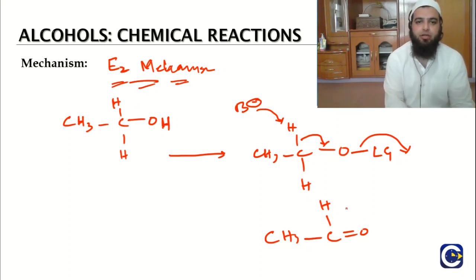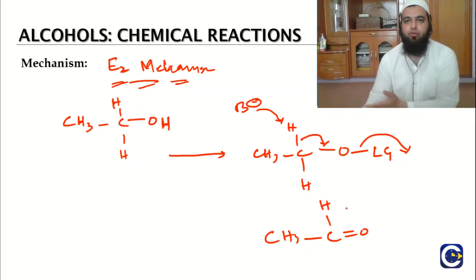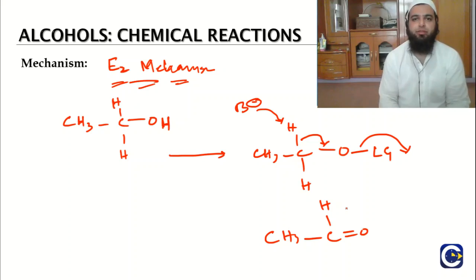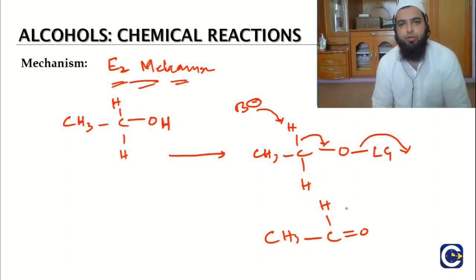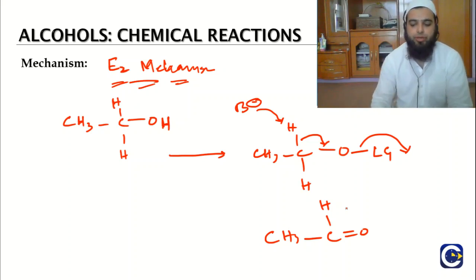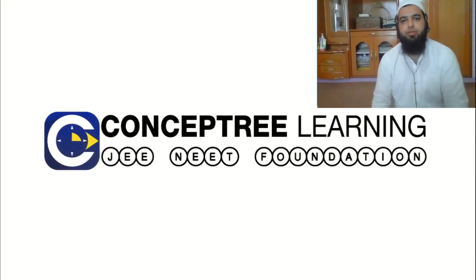For the conversion to ketones and to carboxylic acids, we have a similar type of reaction mechanism, but we don't need to go into details. In this section, we just have to remember the oxidizing agents and the function they perform, and the type of change they bring into the given alcohol. In the next sections we'll be discussing other types of reactions that are involved in the cleavage of the carbon-oxygen bond.